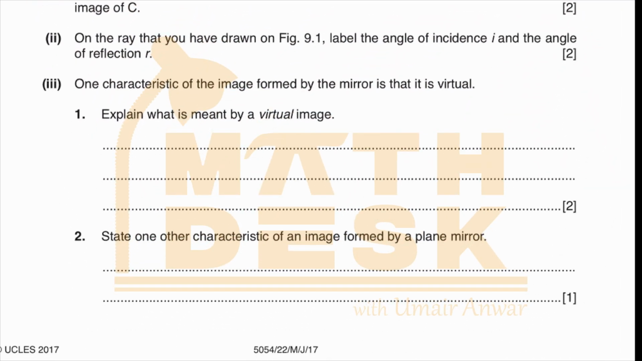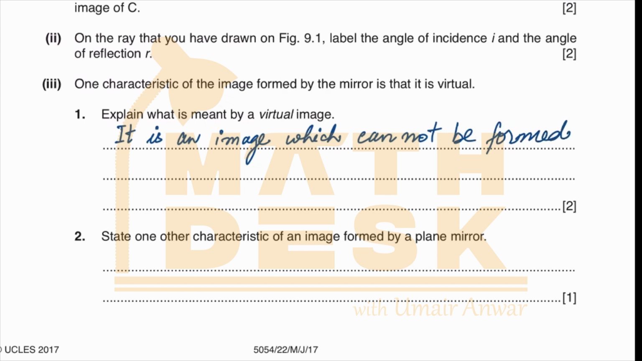One characteristic of the image formed by the mirror is that it is virtual. Explain what is meant by a virtual image. It is an image which cannot be formed on a screen